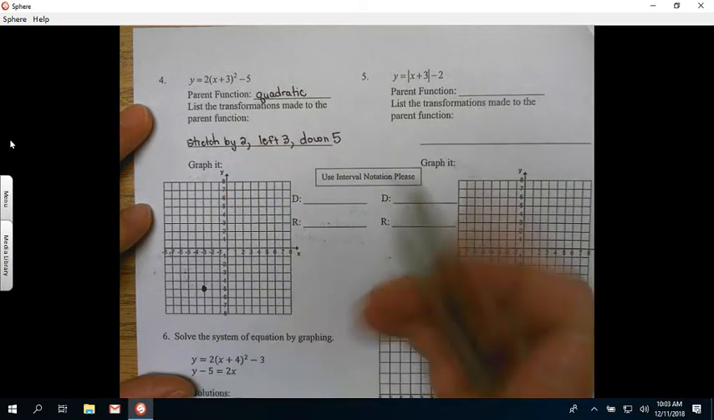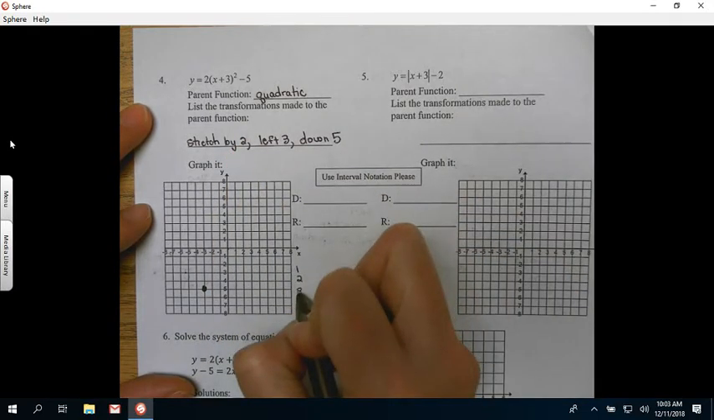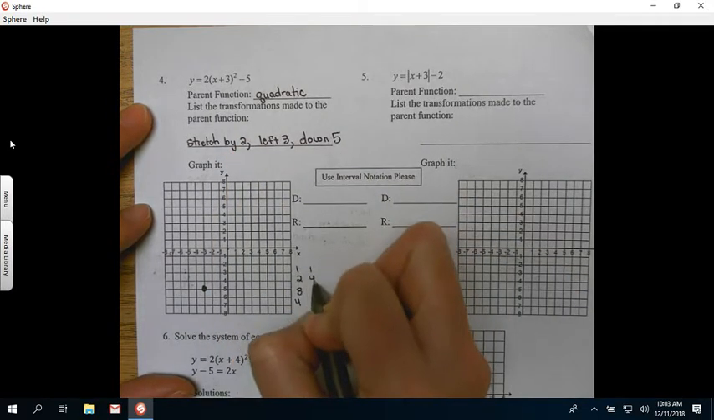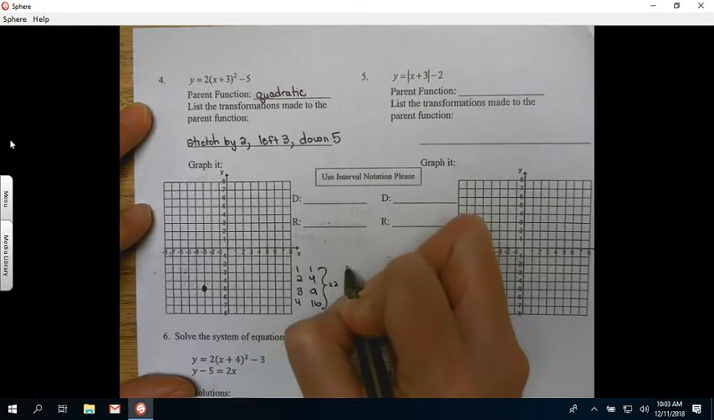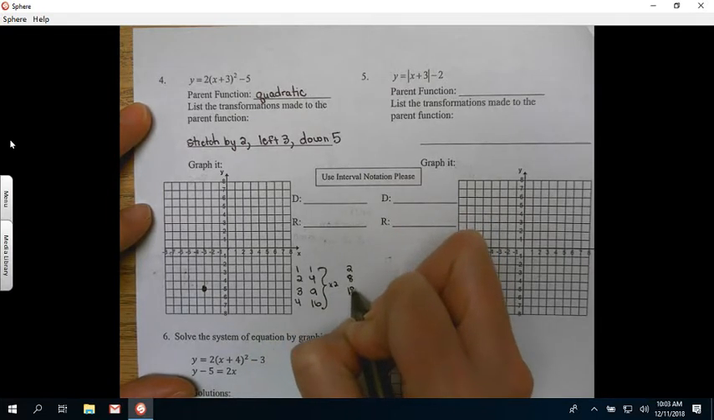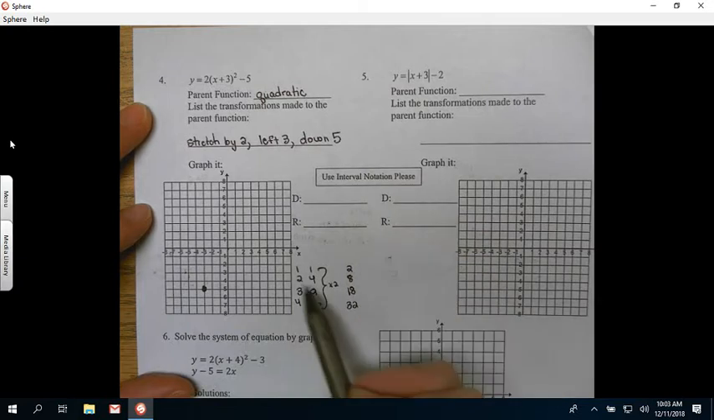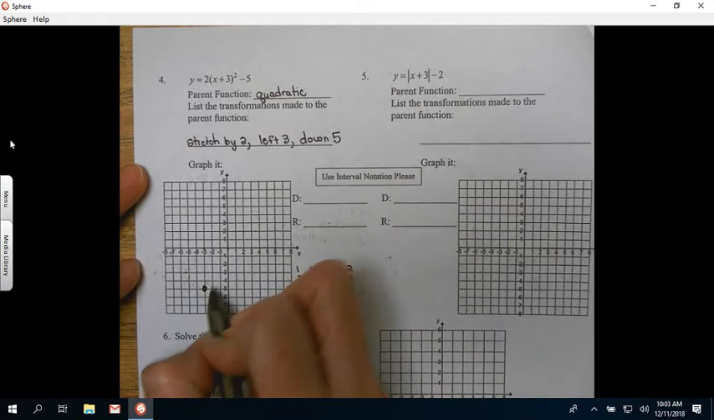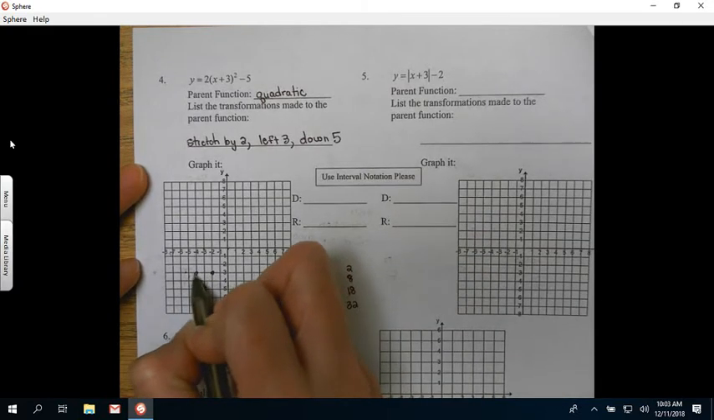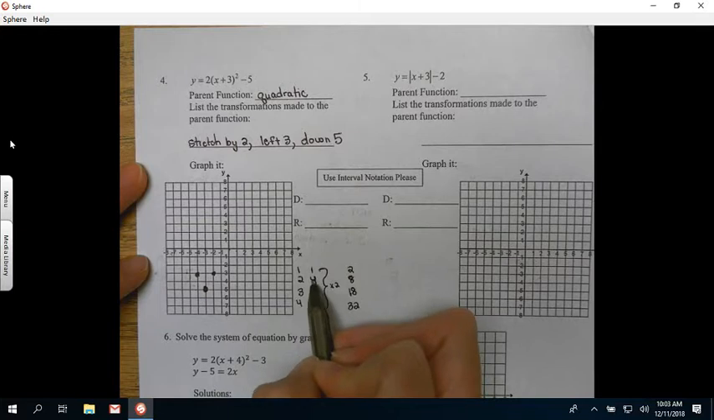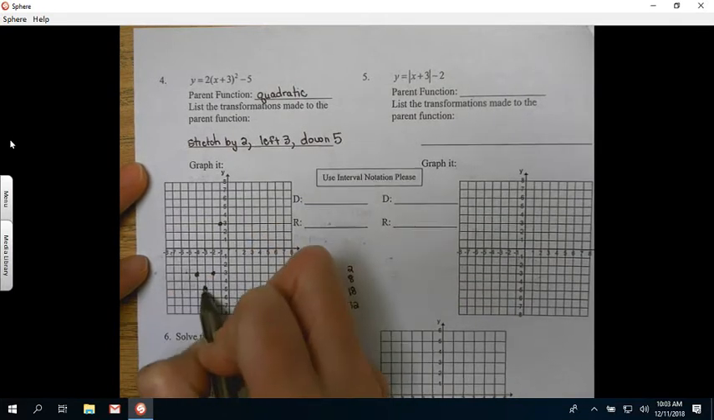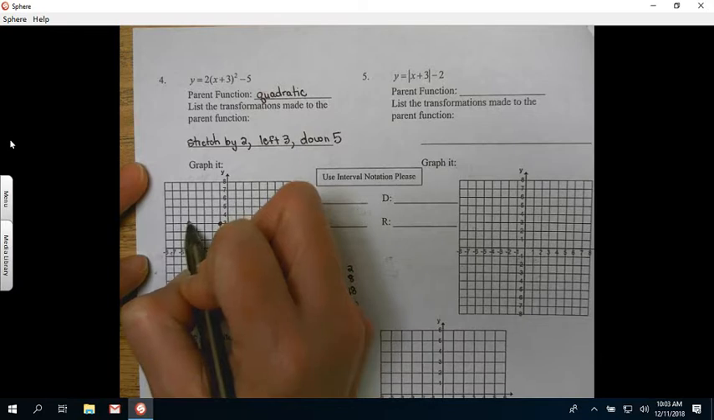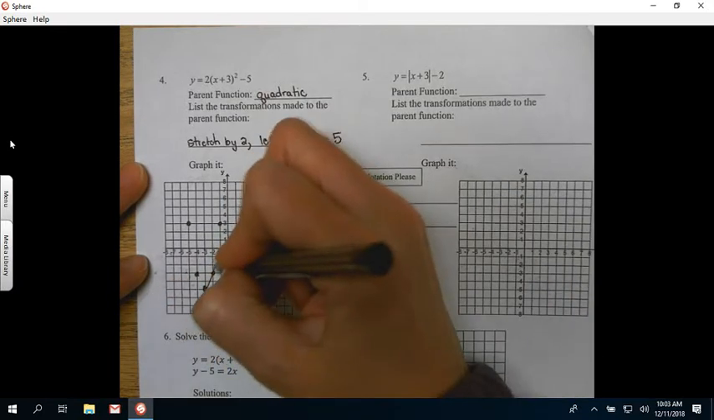This stretch by 2, remember that affects my counting pattern. It will take all of these and multiply them by 2. So instead of going out 1, up 1, I'm going to go out 1, up 2. Instead of going out 2, up 4, I'm going to go out 2, up 8. And that is my